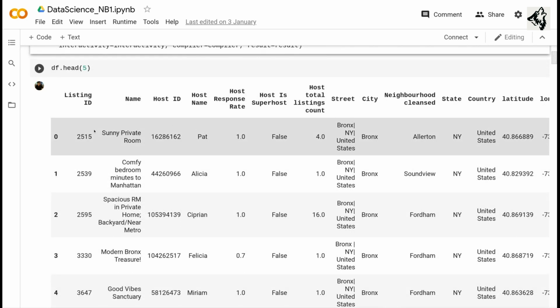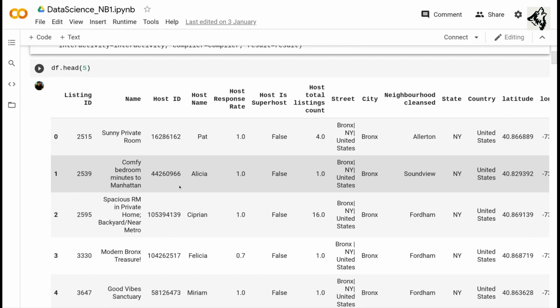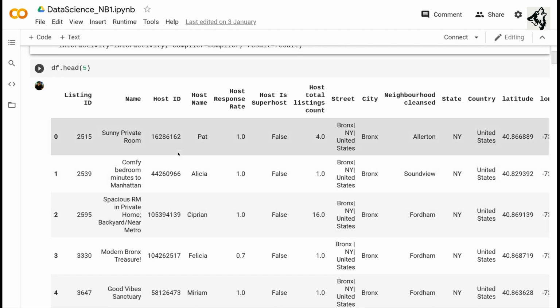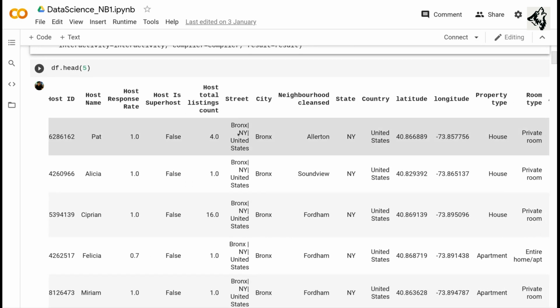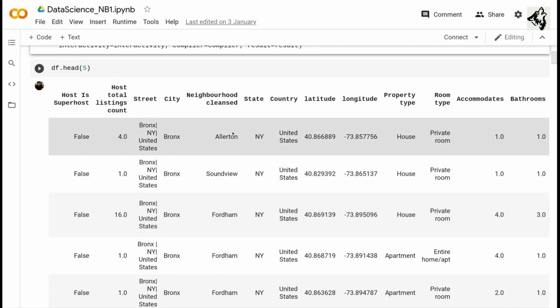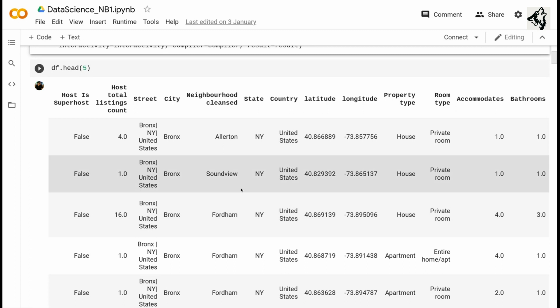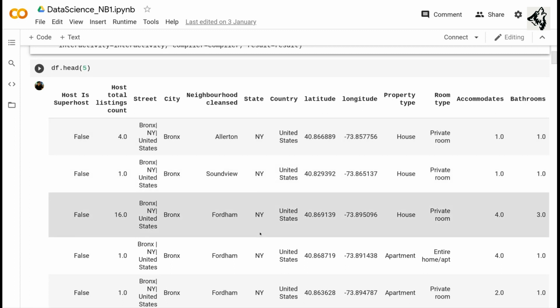So we have listing ID, which tells us the ID of the property. We have the name of the property. We have the host ID, which is the ID of the host who's going to be giving the property. We have the name of the host. We have the street in which the property is located. We have the city in which the property is located, the neighborhood in which the property is present, the state in which the property is present, the country, which is basically all the values have United States since it's New York,